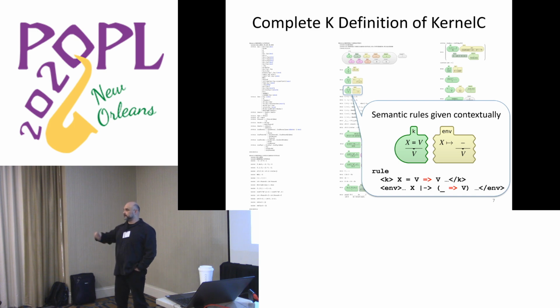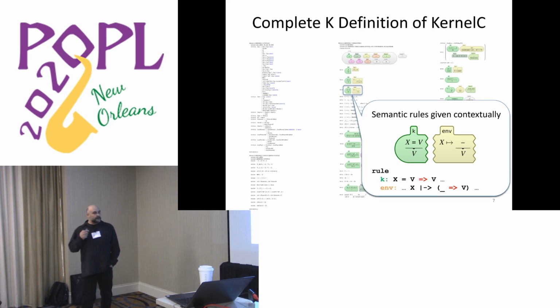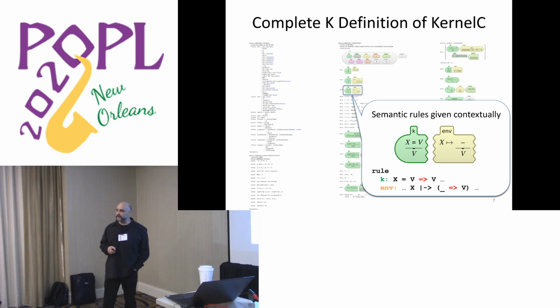The hard part is to go the other way around, to come up with the right notation that people are willing to use. People, the semantics engineers who sit down and spend two years of their lives to define a language like C, are willing to use it and not yell at you too often. So that's how K looks. And actually, most of the complaints that we got from users are about syntax. They don't like the syntax.